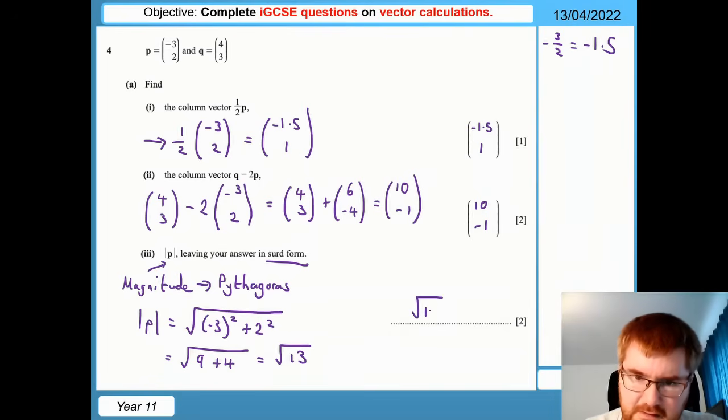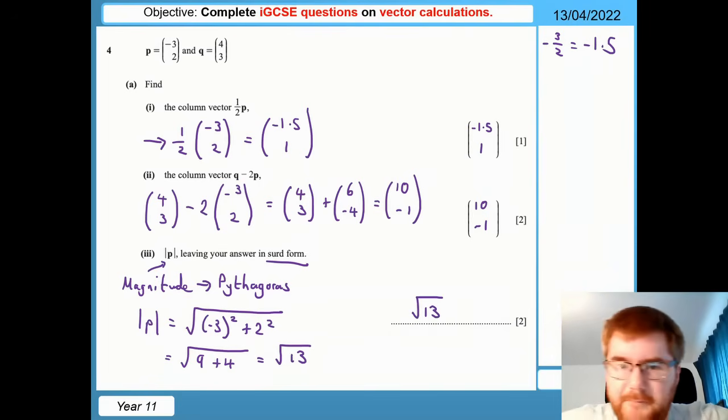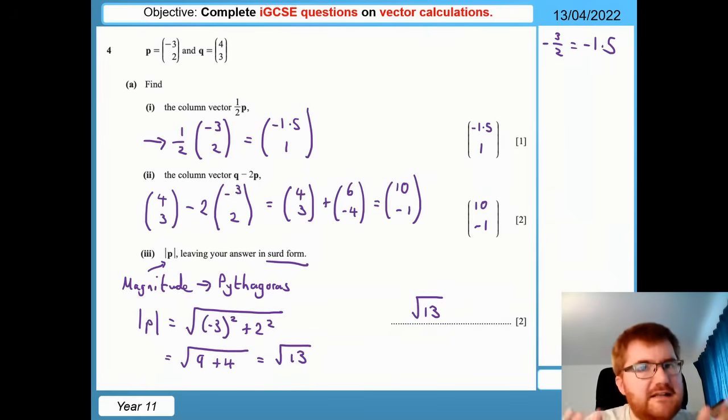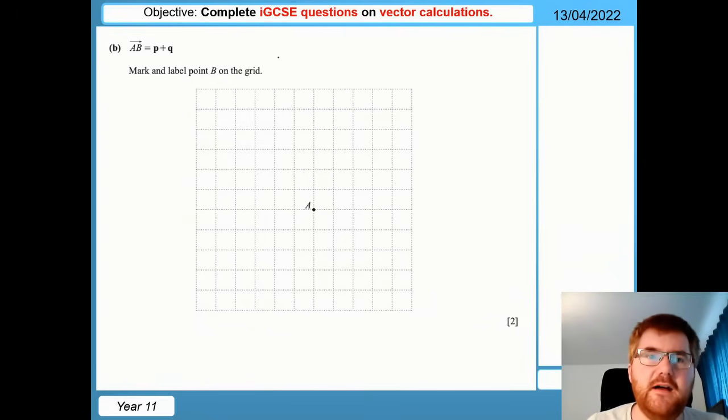So we pop that in. Notice this can't be simplified because 13 is a prime number and there's no square number you can break it down with, like 4, 5, 9, 16 or any other. And then on the next part, we need to work out the vector AB is equal to P